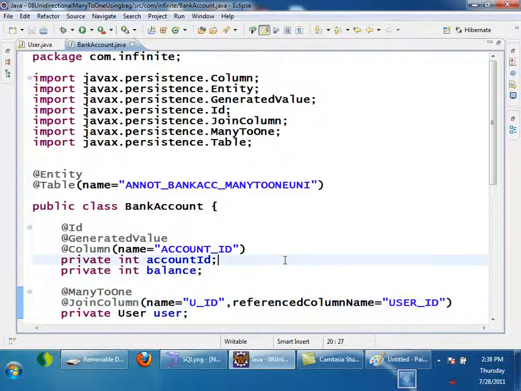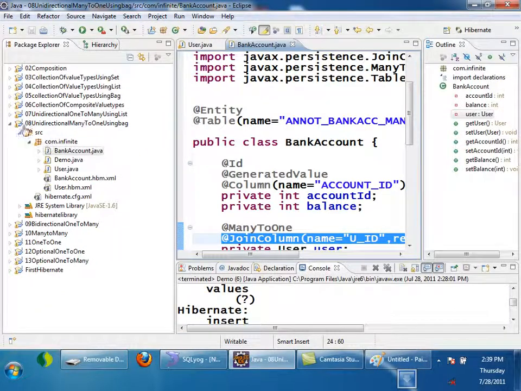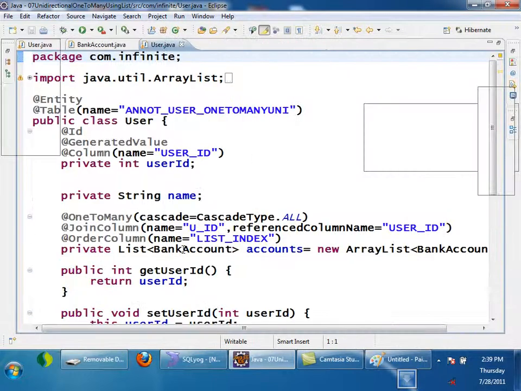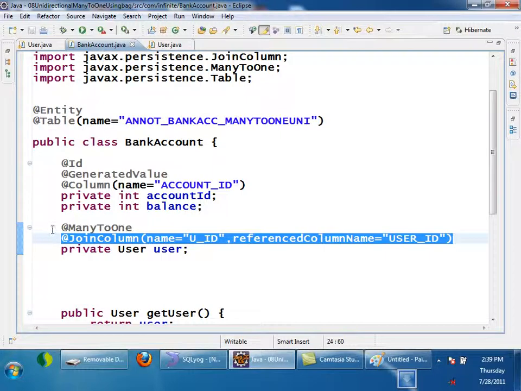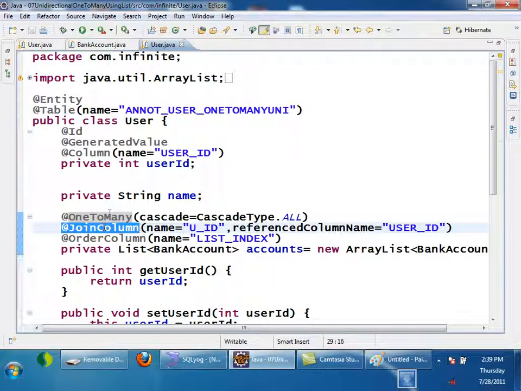Now you need to understand the difference. I have used join column earlier also when I was configuring one to many. Let me show it. When I was configuring one to many also, I used join column, and when I am configuring many to one also, I am using join column. Now you need to understand the difference. If I am using join column in combination with one to many, the foreign key u underscore id will go to the other side of the association, right?